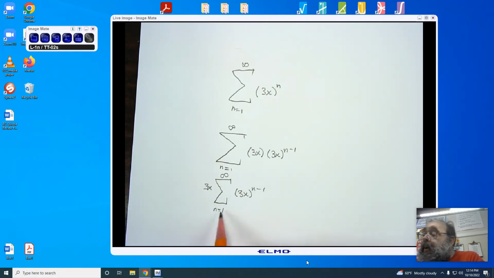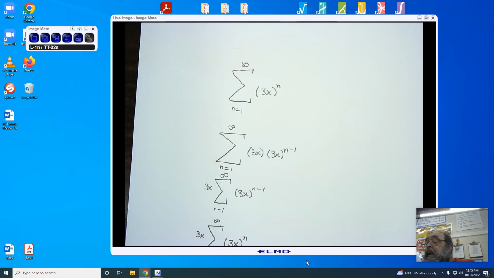And when I plug the 1 in, it now gives me a 0 exponent, which will allow me to change my base indice, or the first value of n, into a 0,